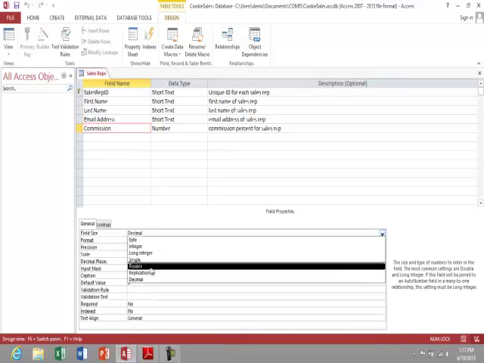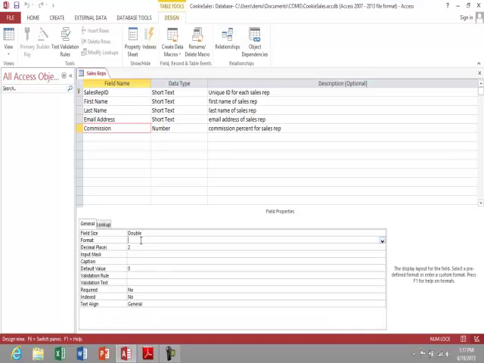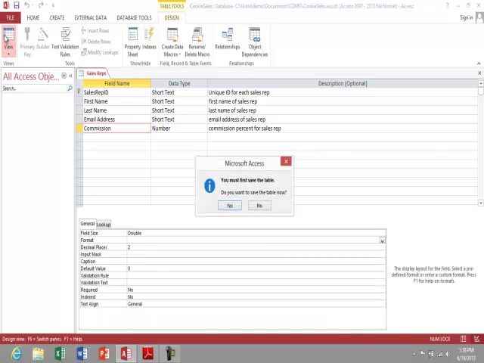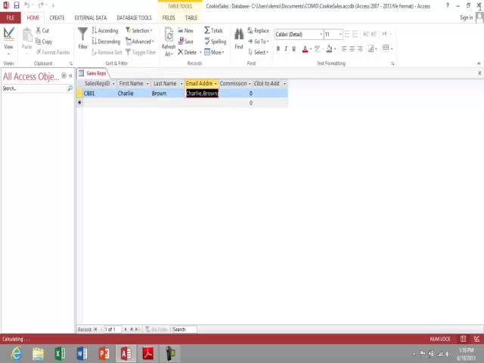Actually, we'll change this to a double. 2 decimal places. Go to view. I didn't save, and it says you must first save your table. Sure. There we go. All right, next one will be